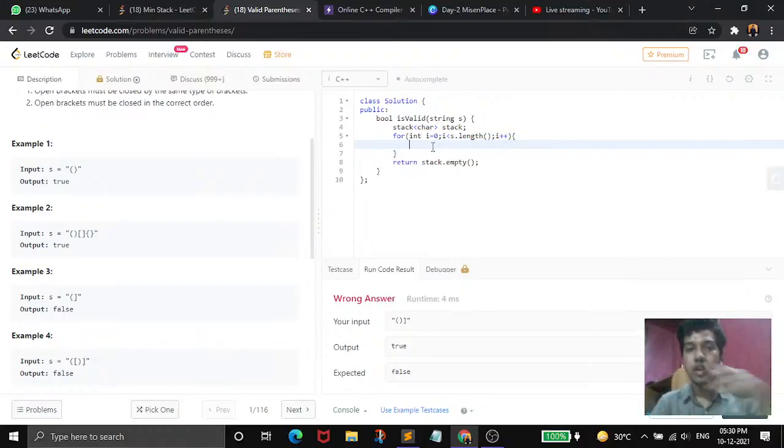Okay, so firstly we have to check what the input values are.